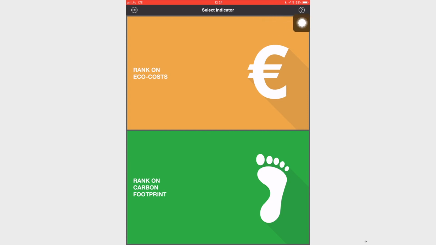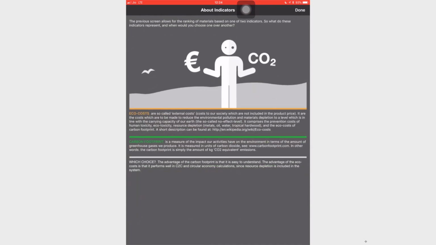On the right hand corner of this app, you will always find an icon, either it is question mark or it is the symbol of settings. It differs from screen to screen. So, to know more about all these components, you can click on the question mark. So, when I click on the question mark, I can get to know what eco costs are and what carbon footprint is.